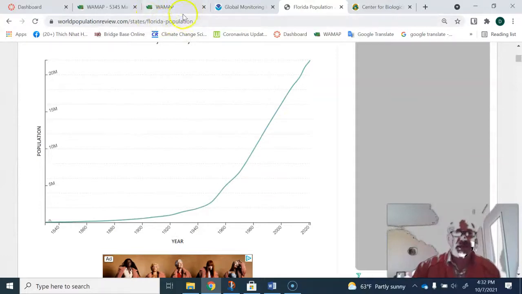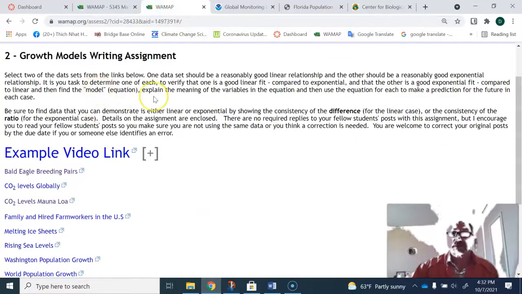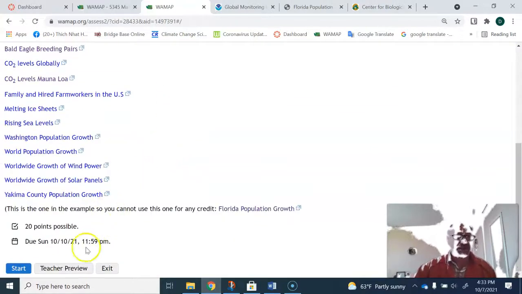So the idea of this assignment, though, is that you're going to find a linear relationship in that data, and then you're going to find another set of data that shows an exponential relationship. So I'm going to give you examples of those two things. Now, if we click on the actual assignment,